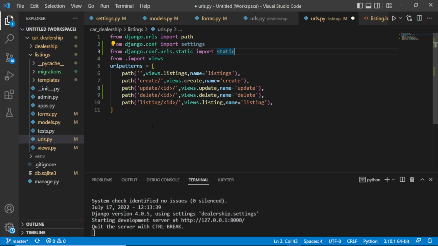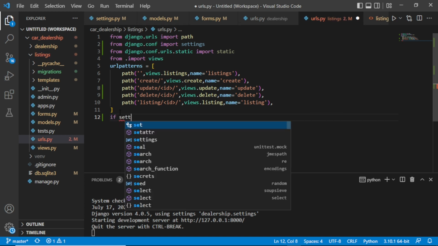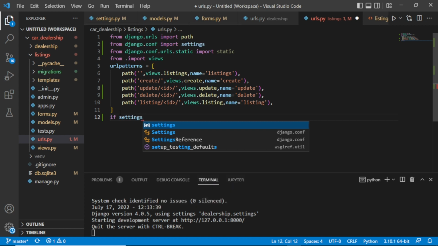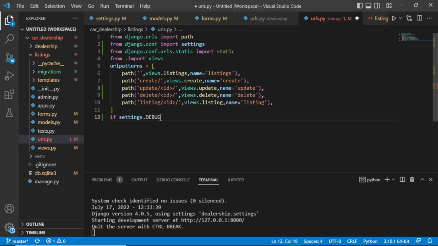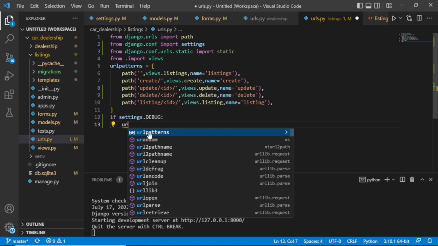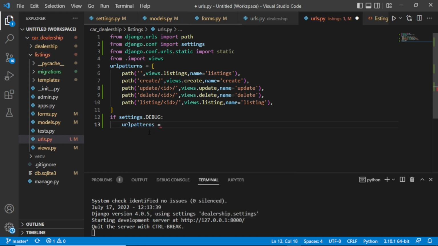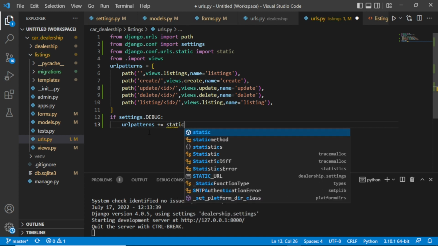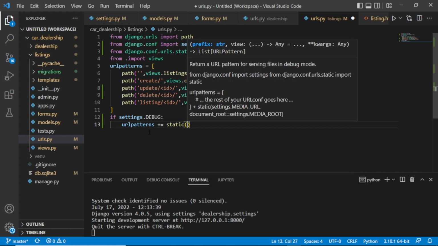Now down here, we just need to write a small logic. So we write if settings.DEBUG, then this is what we need to do. urlpatterns should be plus equal to, you remember this, static,